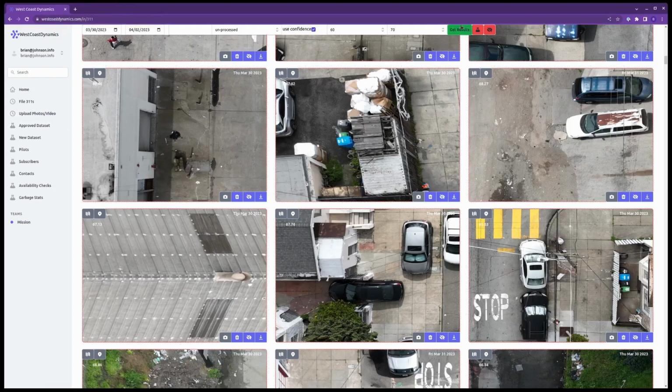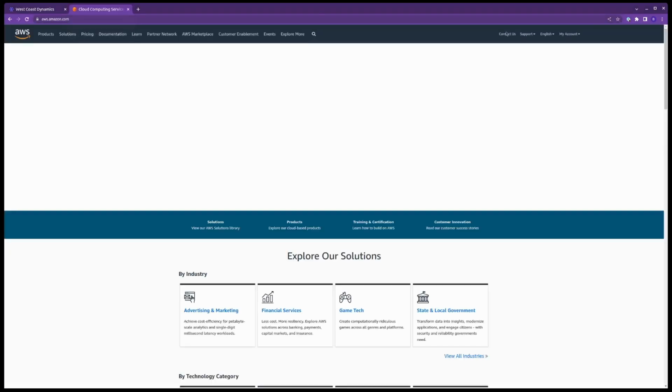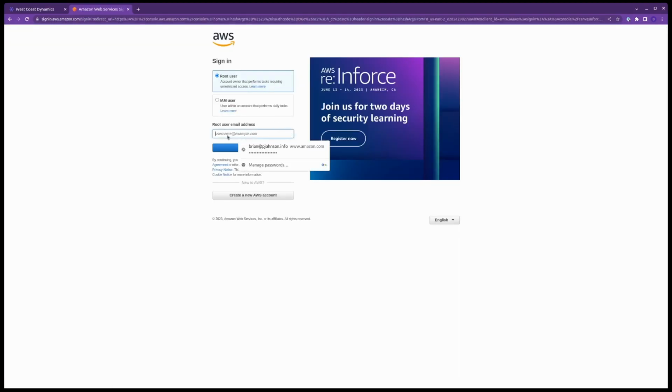All right, so when I'm done with all that, I have a button up here, a little beaker at the top. When I press that beaker, it's going to create a new manifest file. And if I sign in to my console,